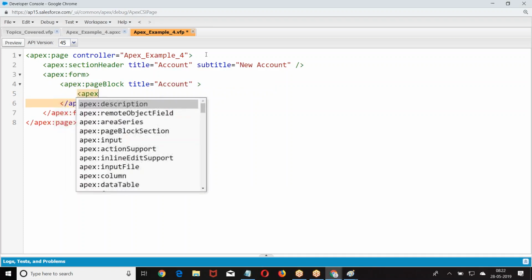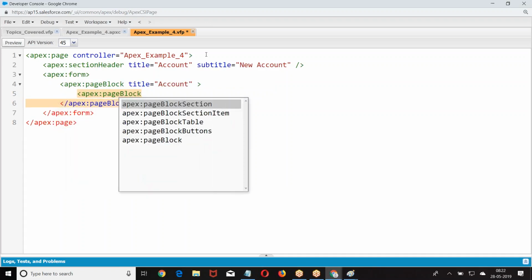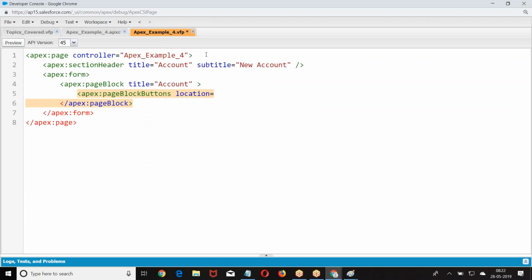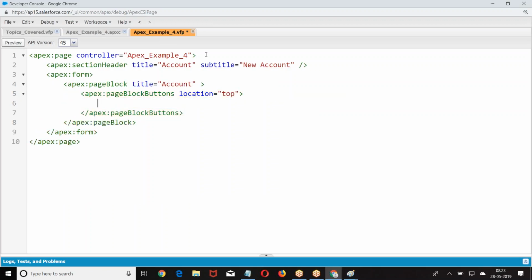We had Apex page block, location, Apex command button value equal to.